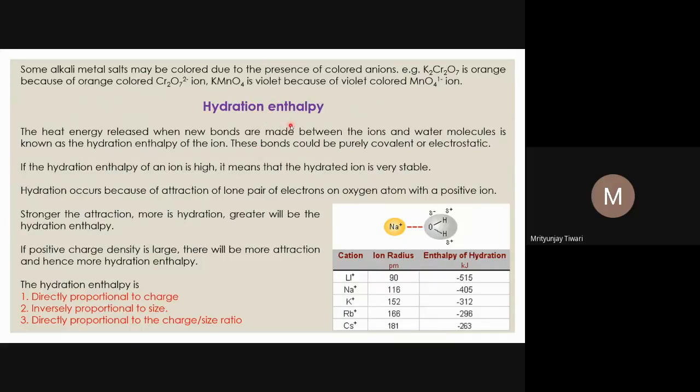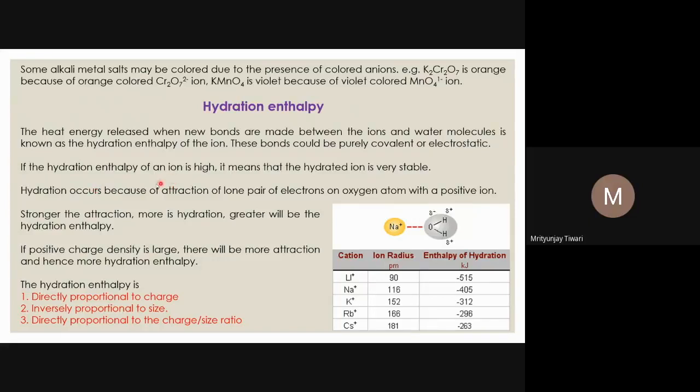And if the solvent is not water, if there is any other solvent, then we call it solvation enthalpy or solvation energy. So the hydration enthalpy is also a solvation enthalpy. Solvation means any solvent, and when it is particularly water, because most of the reactions that we study in day-to-day life and in living forms have water as the solvent, we have given a special term for water, which we call hydration energy.